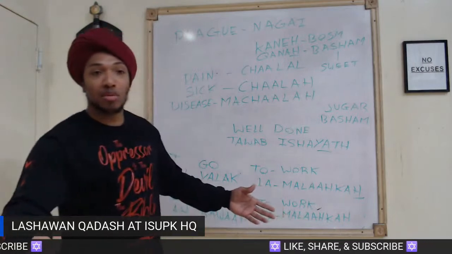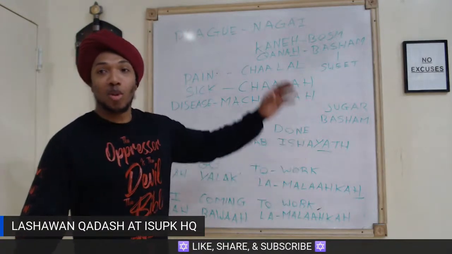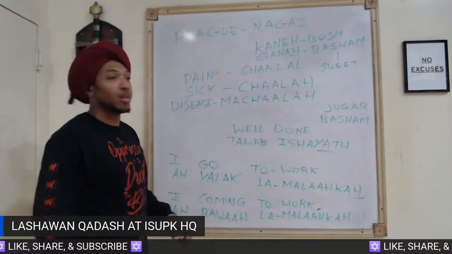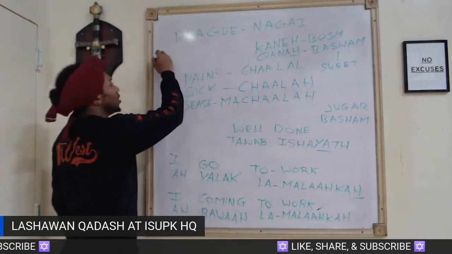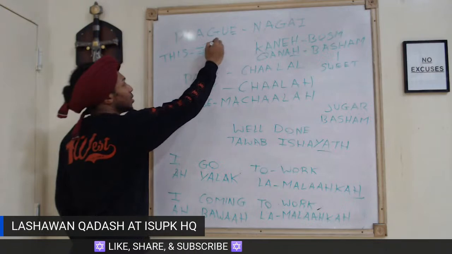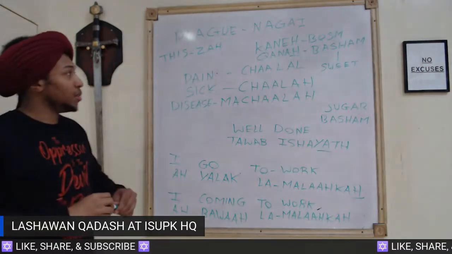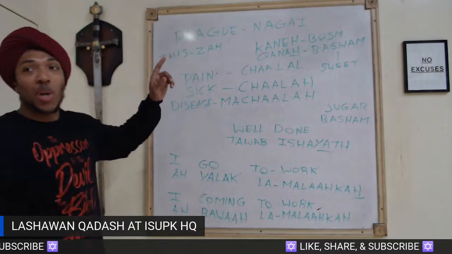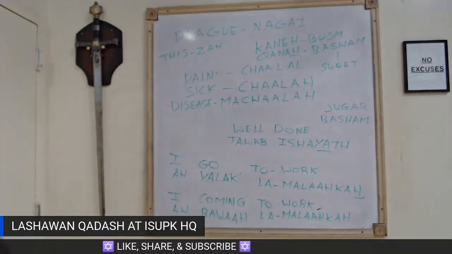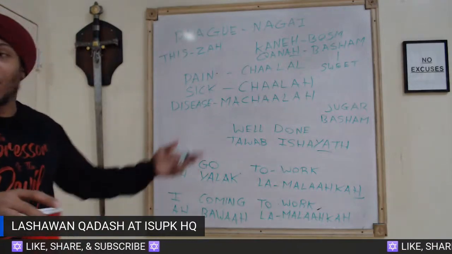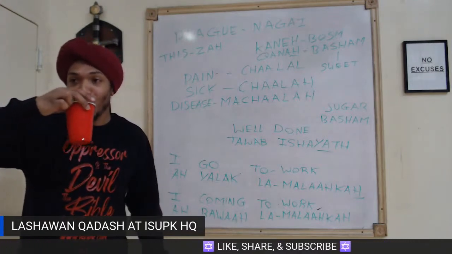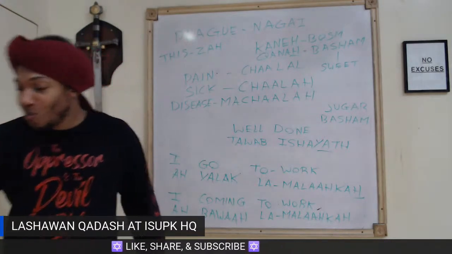This is how you say, yo, this is sweet. How do you say "this" in Hebrew? Remember? This in Hebrew is za. So if I want to say this is sweet, this drink, what is it? It's Coca-Cola? Oh, Pepsi. It is sweet now. How much is it, like 50 grams of sugar?